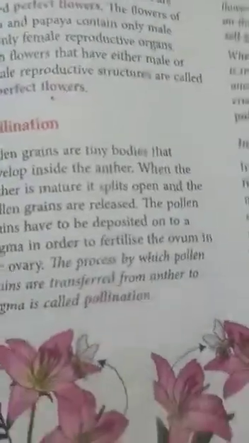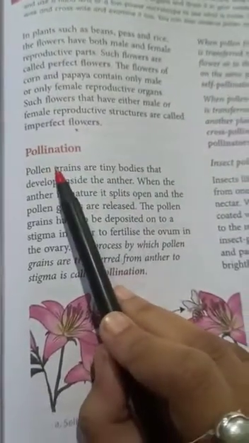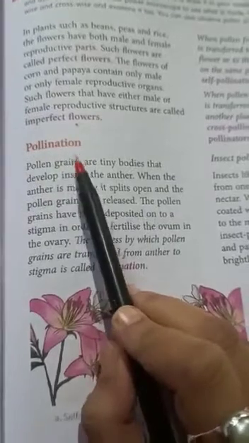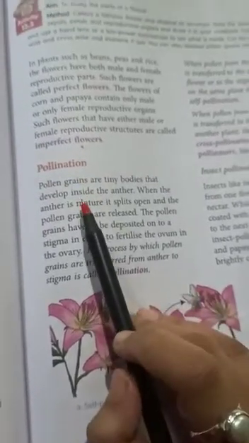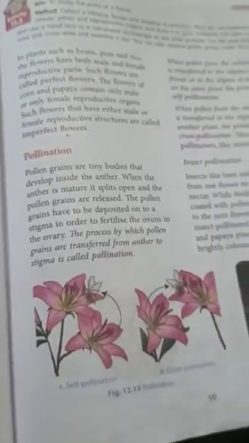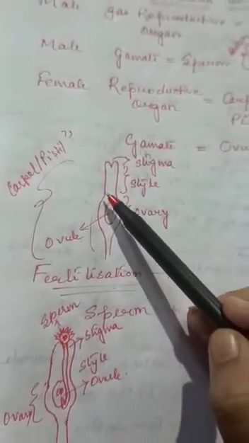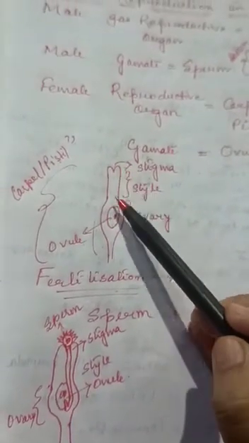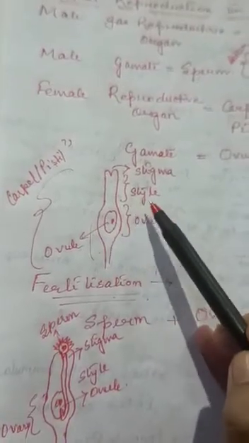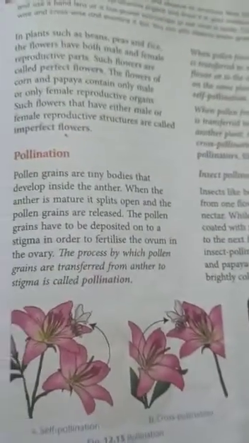Okay. Now there is one mechanism of sexual reproduction in plants. That mechanism is called pollination. Okay, pollination. In pollination, what happens? The pollen grains, which carry the male gamete, come in contact with the female gamete. That is, they come in contact with the stigma of the carpel or pistil of the female flower. Okay. Now, pollination in simple terms, I can say is a transfer of pollen grains.